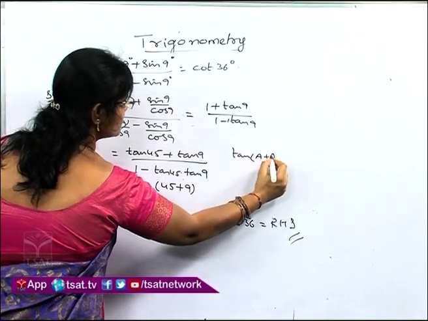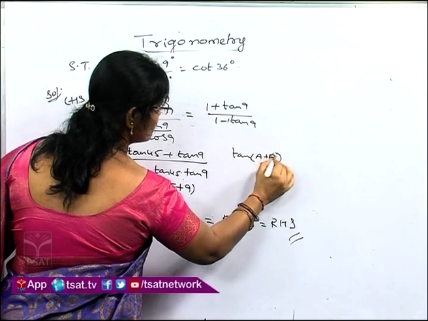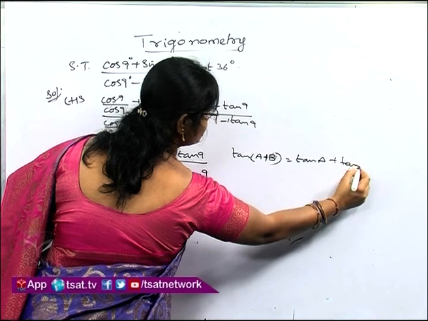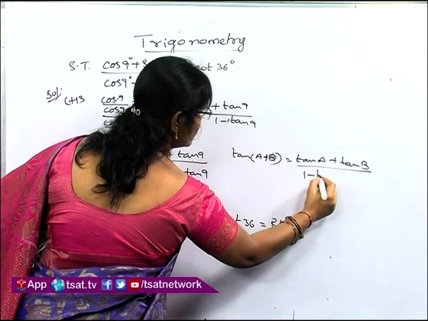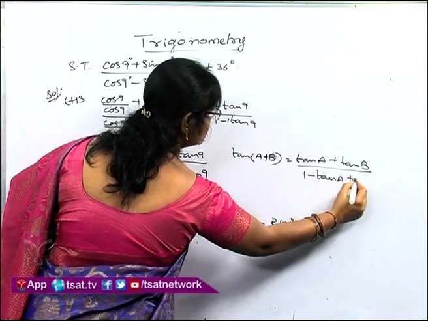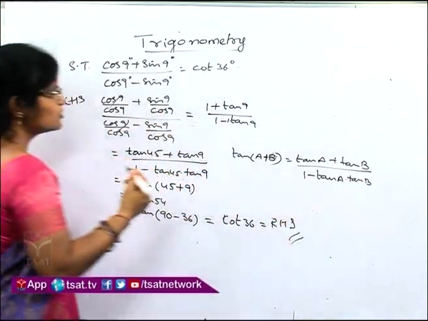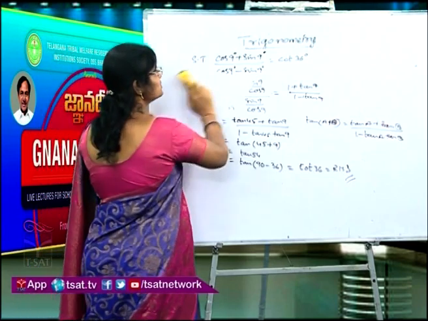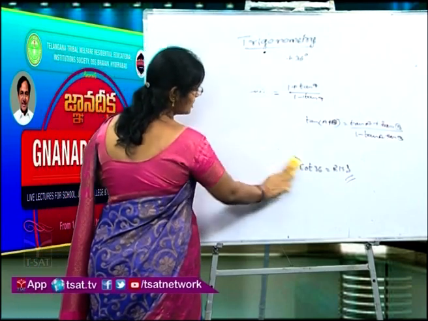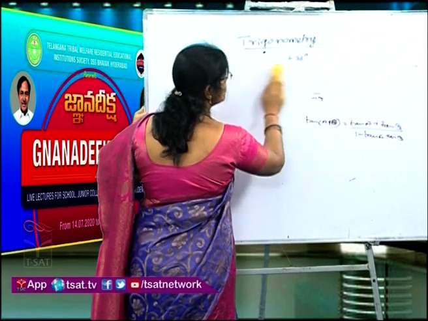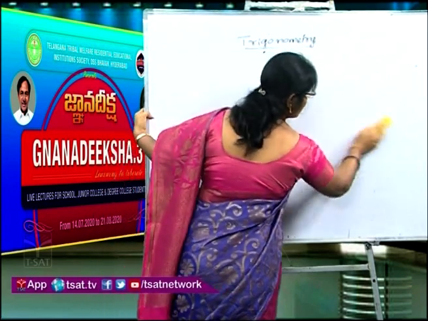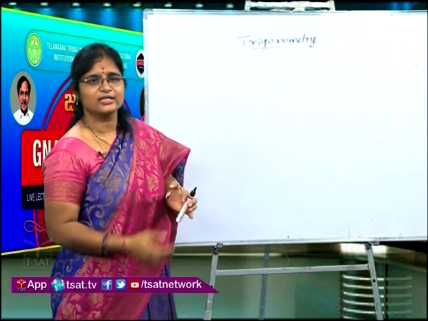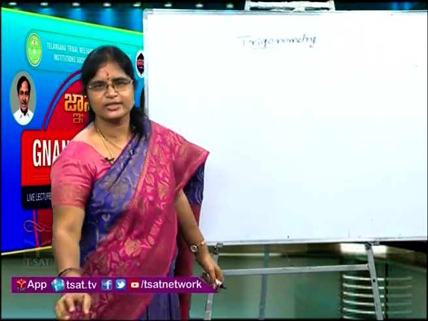We know the tan of a plus b formula. Everyone, just now we have seen tan of a plus b equals tan a plus tan b by 1 minus tan a into tan b. Okay, children. So, we are using that formula, and always, children, whatever formula we use in any problem, please mention beside it what formulas and concepts we are using. Please write beside it, children, so that the evaluator will know that the child knows all the formulae. Okay, students.